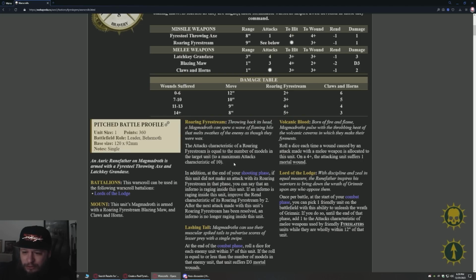In addition, at the end of your shooting phase, if this unit did not make an attack with its roaring fire stream in that phase, you can say that an inferno is raging inside this unit. Improve the rend characteristic of its roaring fire stream by 2. After the next attack made with this unit's roaring fire stream has been resolved, an inferno is no longer raging inside this unit. The emotions it feels. Okay, so...